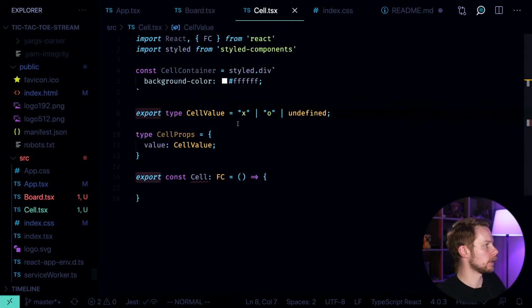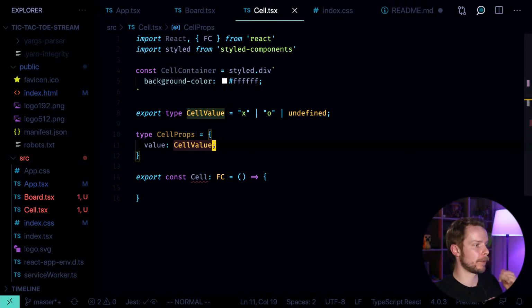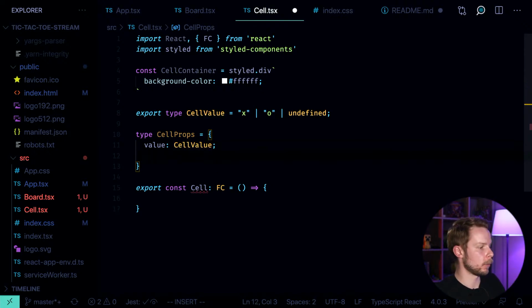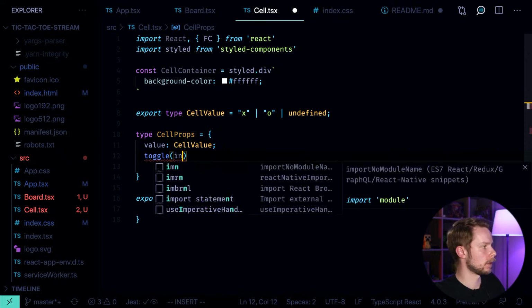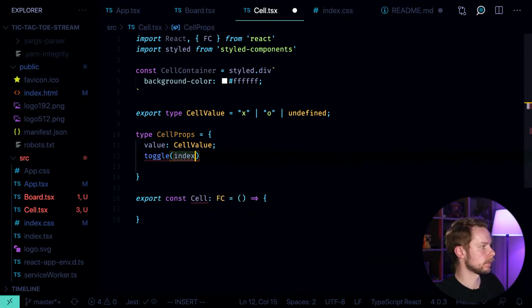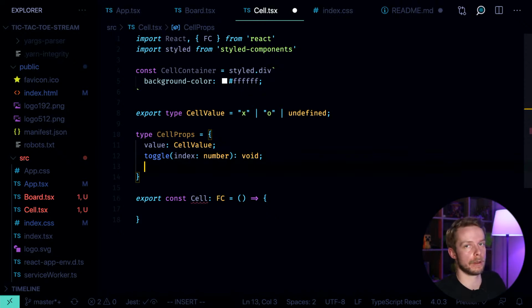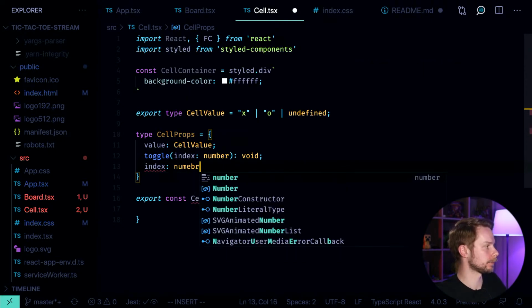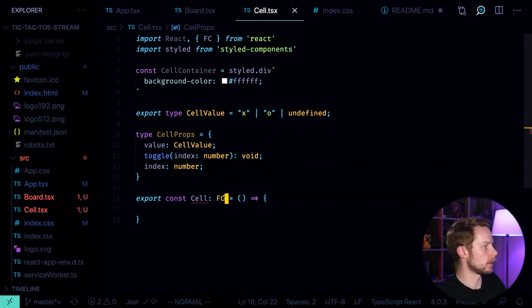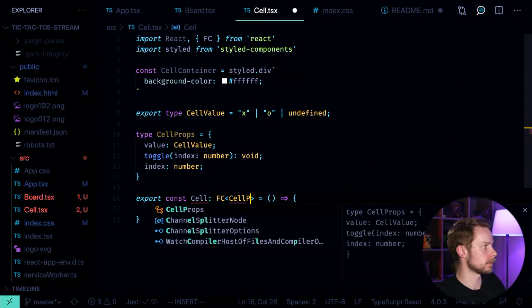Now we go back to the cell. We need to know the value. Which value does the cell hold? We need to know the toggle callback. It has an index that is a number, and it returns nothing, this callback. Usually callbacks don't return anything. They're meant to only notify the higher level components. And we also have an index, which is a number. Now we can say that the cell has the cell props,